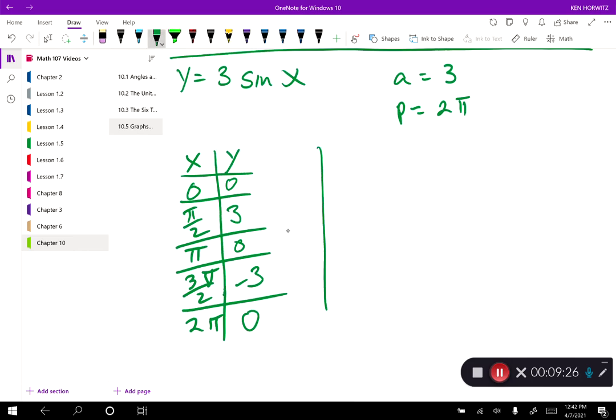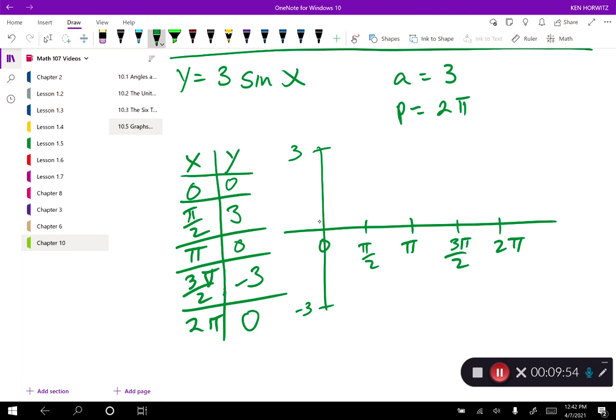So again, we're going to make our one period. Oh, these aren't evenly spaced. Let's try to make them a little bit better than that. So that's pi over 2, pi, 3 pi over 2, and 2 pi. And instead of going up 1 and down 1, we're going up 3 and down 3. So I got there, there, there, there, and there. And what we see is that those key values still seem to be getting us